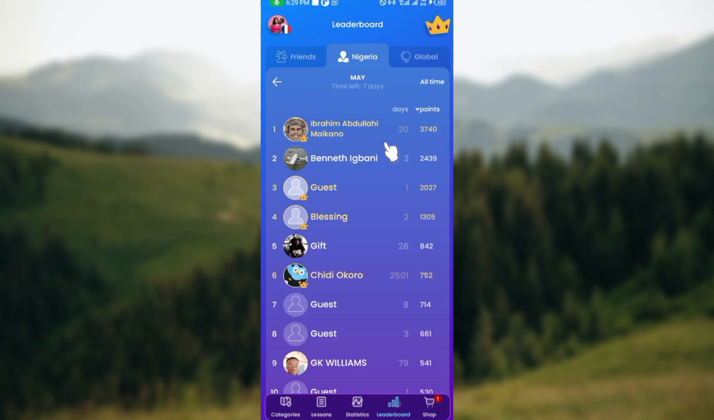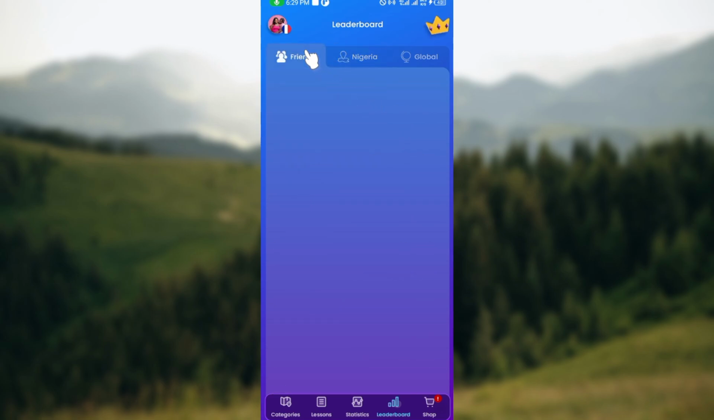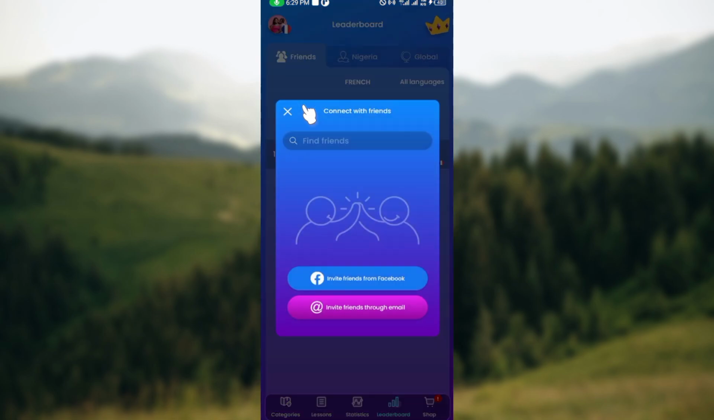On this page, you can see 3 tabs at the top part of the screen, namely friends, Nigeria, that is your location, as well as the locations all over the world. Once you're on this page, the next step is to go to the first option, which is friends, and select the friends tab. After selecting the friends tab, you can see an option which says add friends. Just click on add friends,